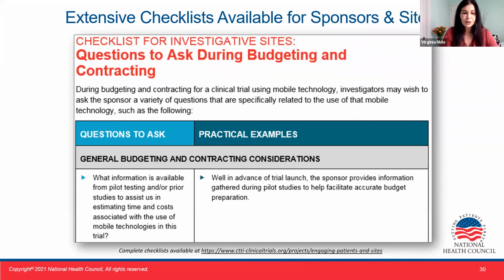So all of these considerations and more are captured in two checklists that the project team has developed. One contains a set of questions for sponsors to ask in selecting and equipping sites for clinical trials with mobile technologies. And then there's a parallel checklist, and you can see just a small section of that here, designed to help sites ask appropriate questions about trials they are considering. So these checklists run through factors such as site training, workflows, physical and IT infrastructure. What's the patient population that this site hopes to recruit, and what are considerations that they need to look at regarding that patient population and their access to such things as Wi-Fi.